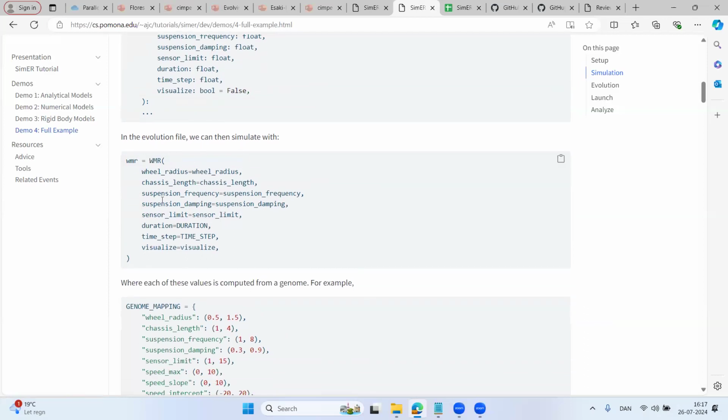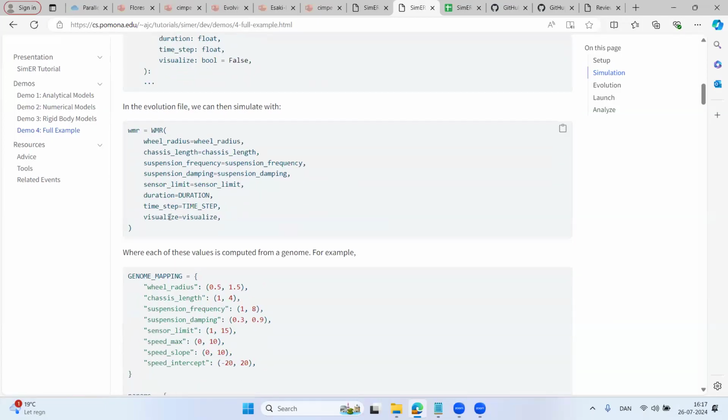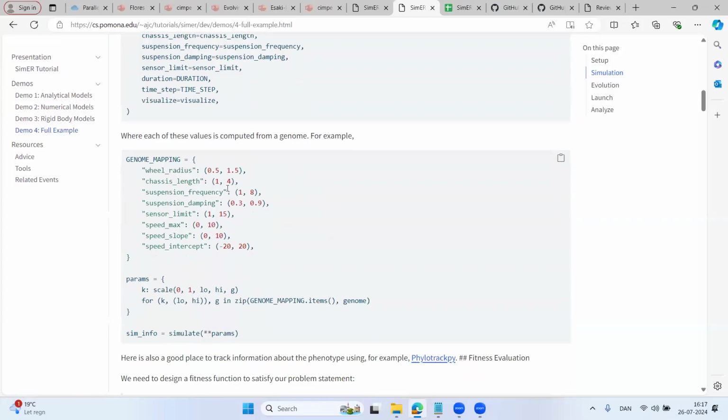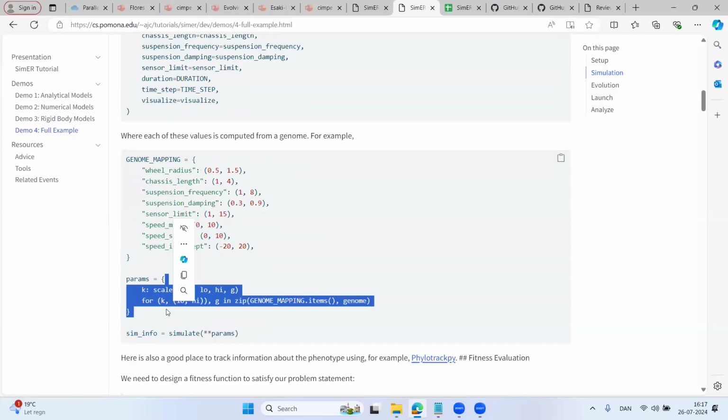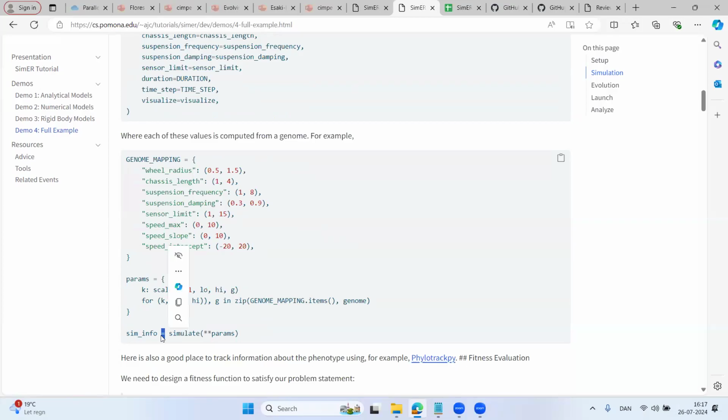And that's pretty much how I would do that if I were visualizing it or just doing a little demo and not evolving it. If I'm evolving it, it looks more like this. I've got all my parameters that I'm evolving, and then I'm going to scale them into the proper ranges. And then I call simulate and just unpack. So this is Python syntax for unpacking a dictionary into the arguments for a class or a function.